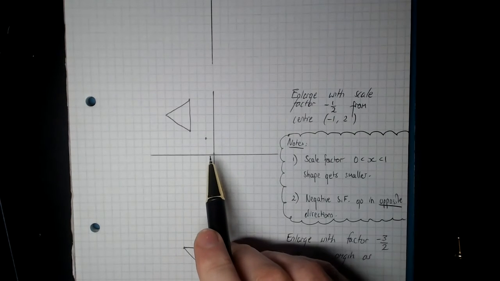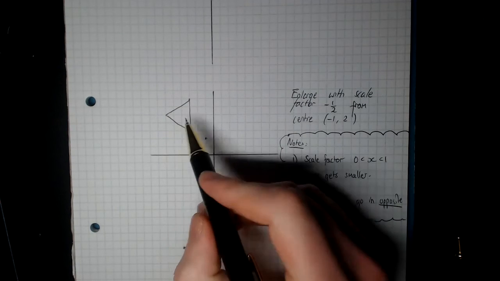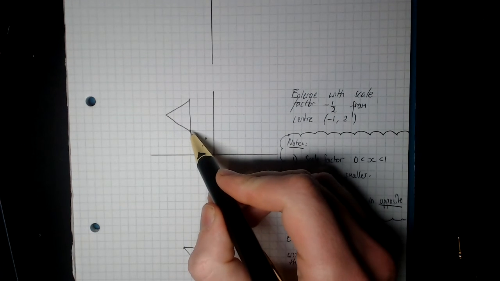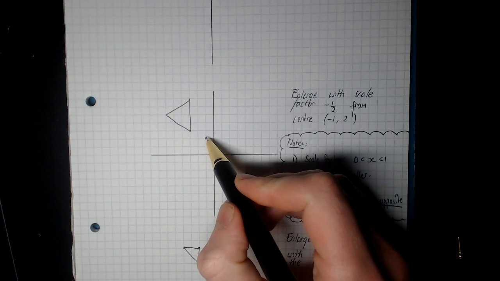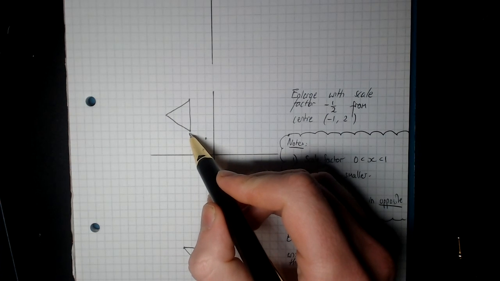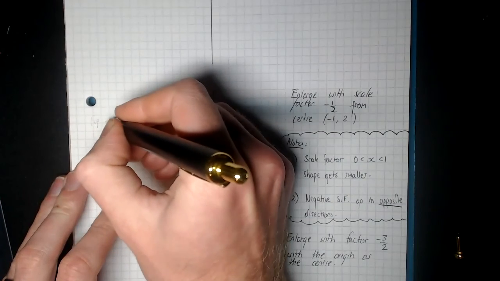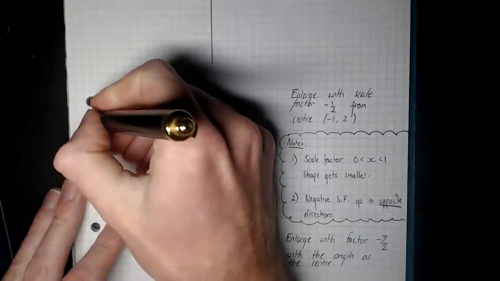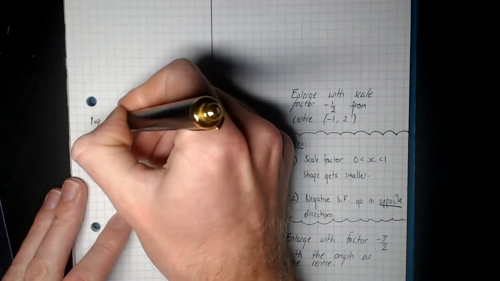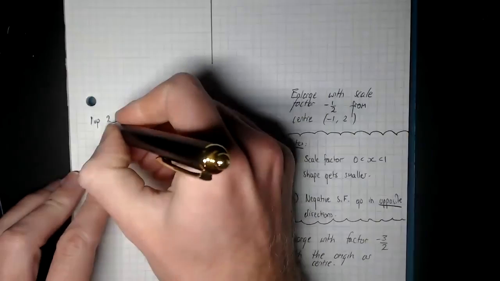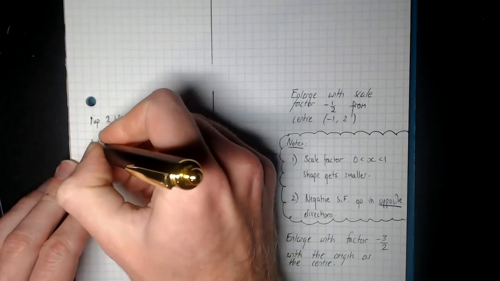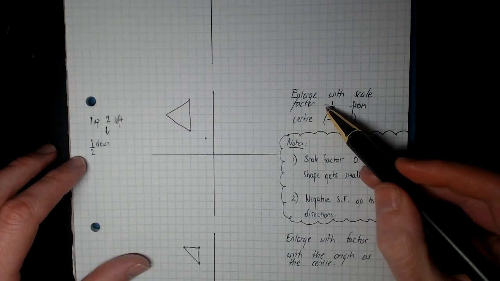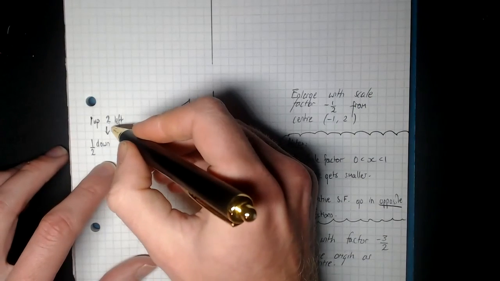My center of enlargement is at -1, 2. To get from my center of enlargement to a corner, and I could go to any corner on this, but we're going to go for this one here because it's the closest one, I have to go 1 square up and 2 squares to the left. So 1 up, 2 left. That is going to become a half down, because we halve it for our scale factor, and we change the direction because of the negative. And instead of 2 to the left,